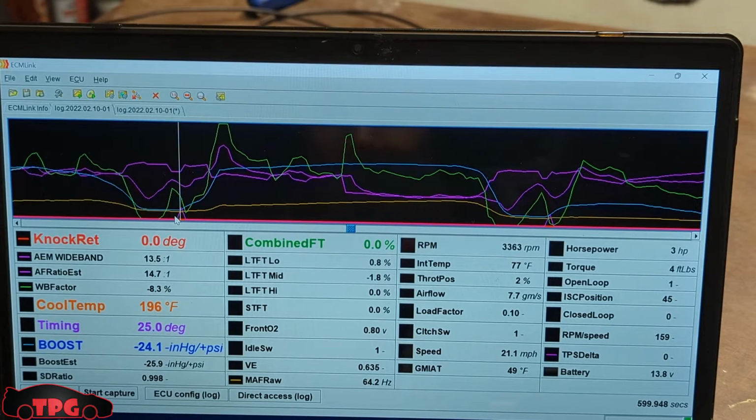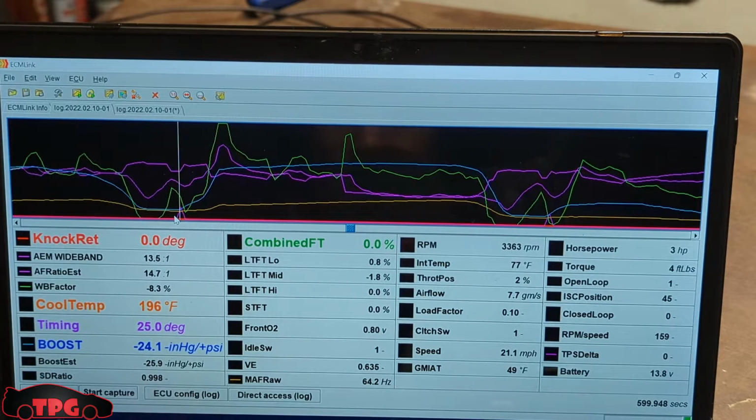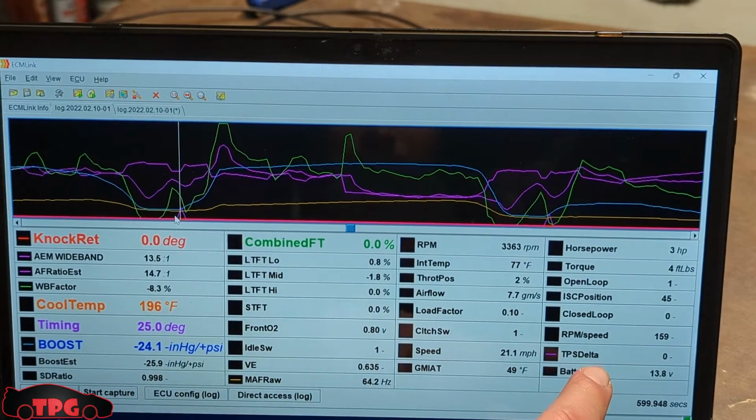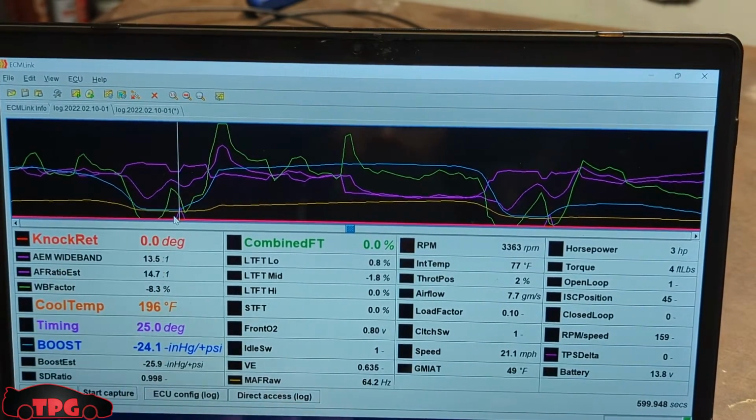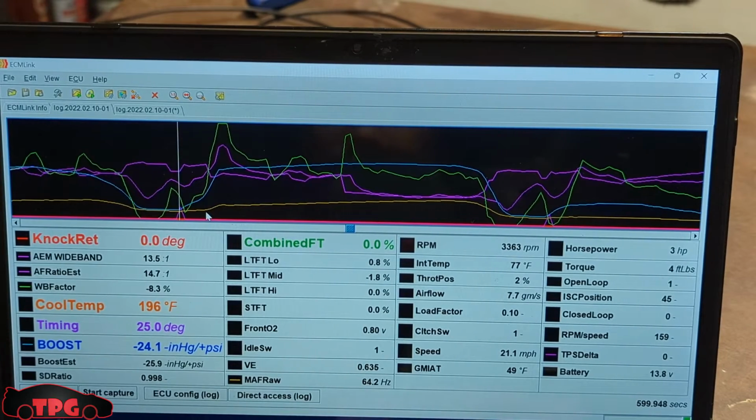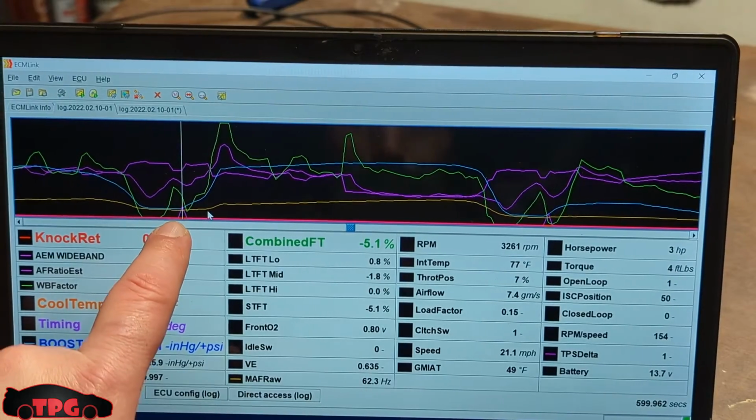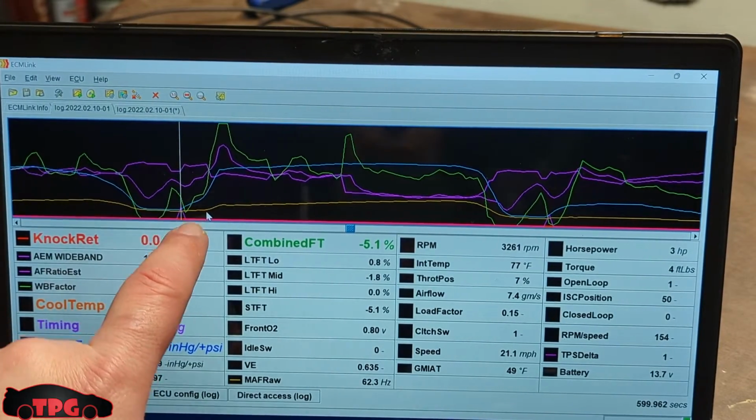If you get a lean spot, or your car stutters or whatever, and you need a little bit more fuel when you stab that throttle, like a bigger squirt of fuel to get you initially started, if you push that throttle down real hard and you get a little hiccup there, or you feel it stutter. Most of the time, if you log TPS delta, it will show you a little hump right here in your data log, and in this case, you can see it's a 1. So that little purple hump right there, that little blip,